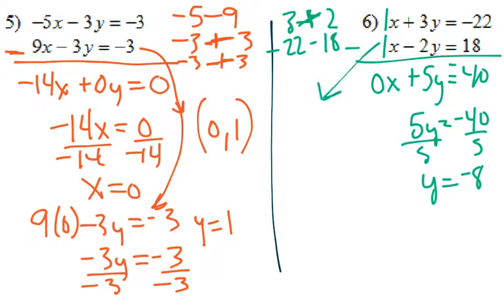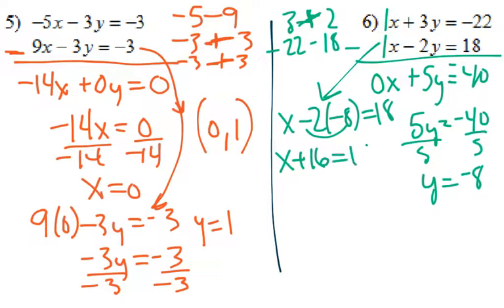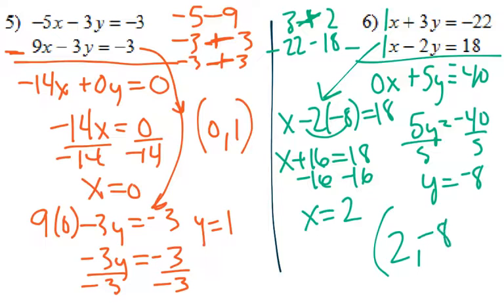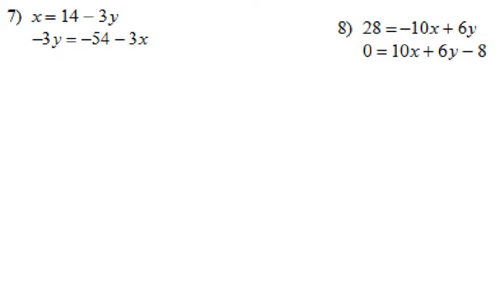Then pick one of our equations. X minus 2 times negative 8 equals 18. Negative 2 times negative 8 is positive 16. Subtract 16 from both sides, and we get x equals positive 2. So our answer, 2, negative 8. That's where they intersect. Alright, now if we look at number 7 and 8, now we notice things aren't lined